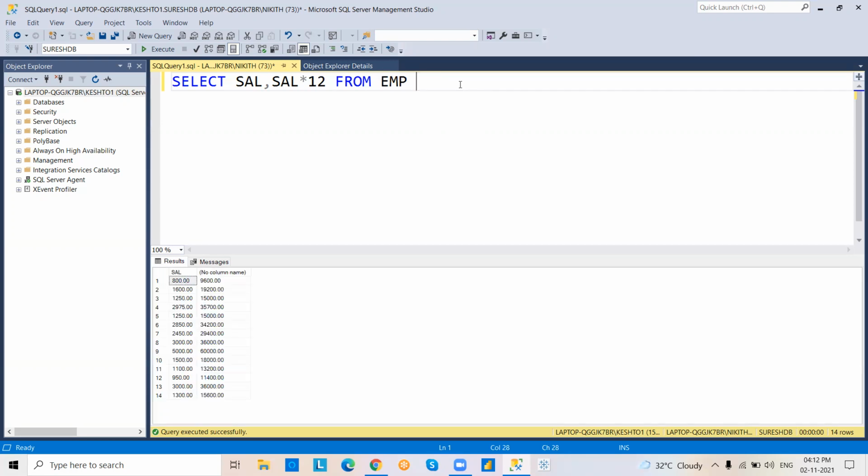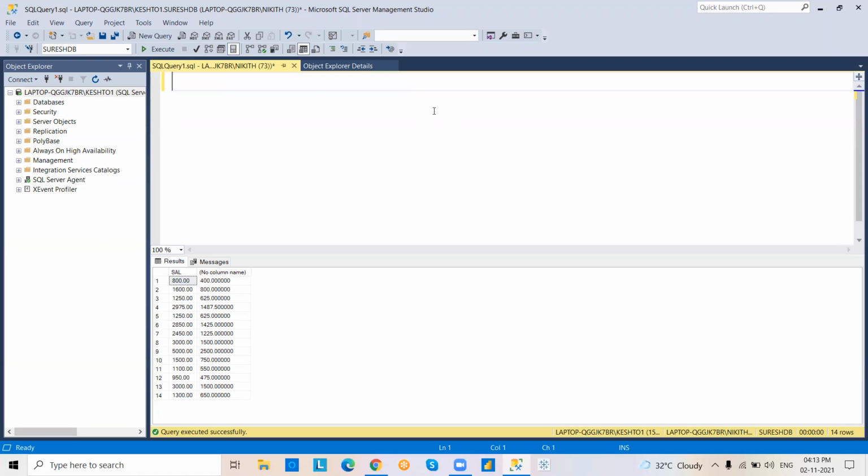Salary into 12. Okay. Coming to next scenario, half month salary. Half month salary means salary divided by 2. So these all come under arithmetical operators of the SQL Server.